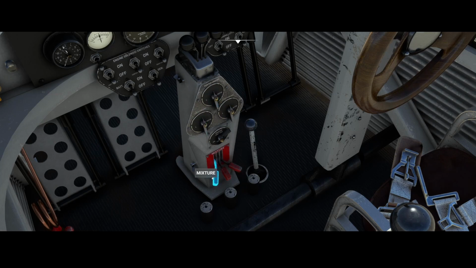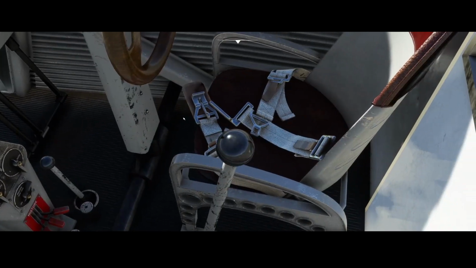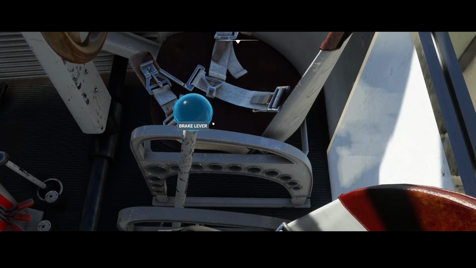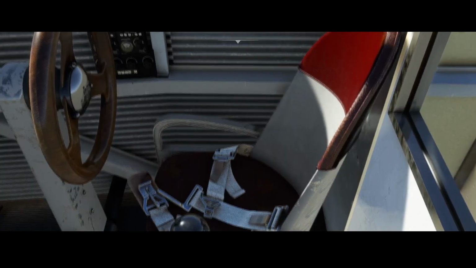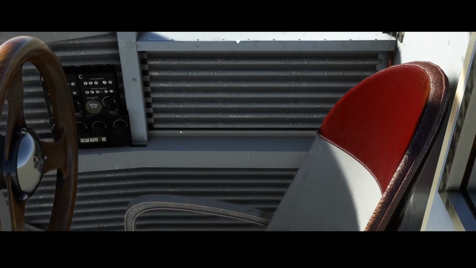So here is the part which you need to use when starting the engines. Then over here we've got the water rudder, and that's nice in an aircraft which doesn't have a rudder, but probably there's an idea behind it. There's the brake lever. And then on the other side of the cockpit, that's where you can see the radio,